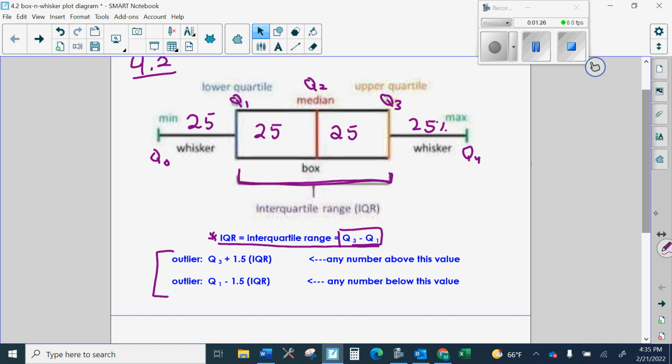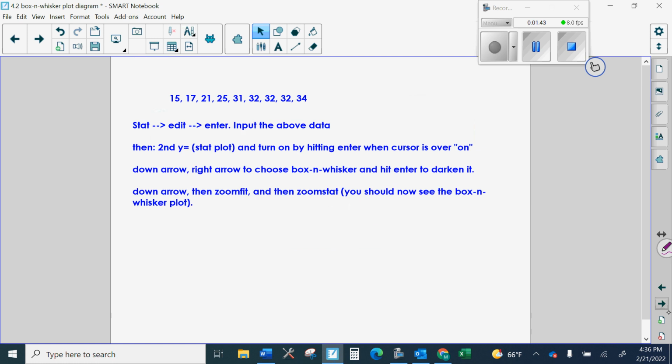Okay. When I do the Q sub 3 plus 1.5 IQR, that's called the boundary line of the outliers, the upper one, and Q sub 1 minus 1.5 times IQR is the lower boundary line of the outliers. Okay. So now we're going to take example 1. This was the data in example 1 in your book. Okay, and plug in your graphing calculator and have it do all the calculations for you. So that's the whole point of this, is to learn how to put in and create a box and whisker